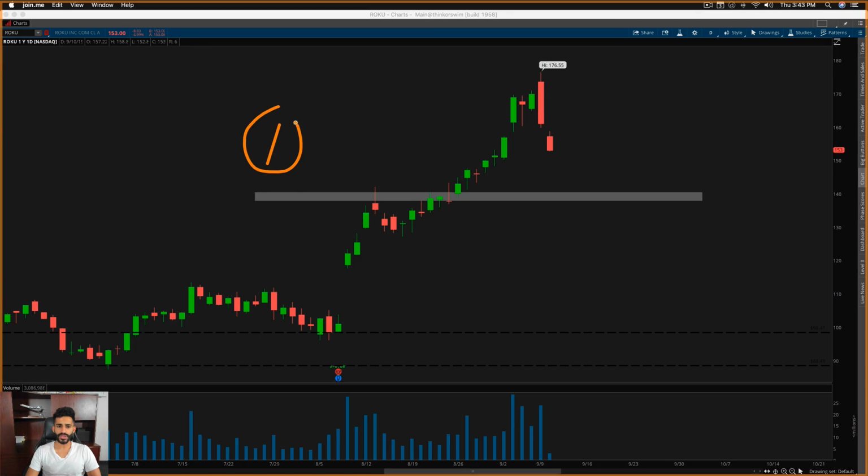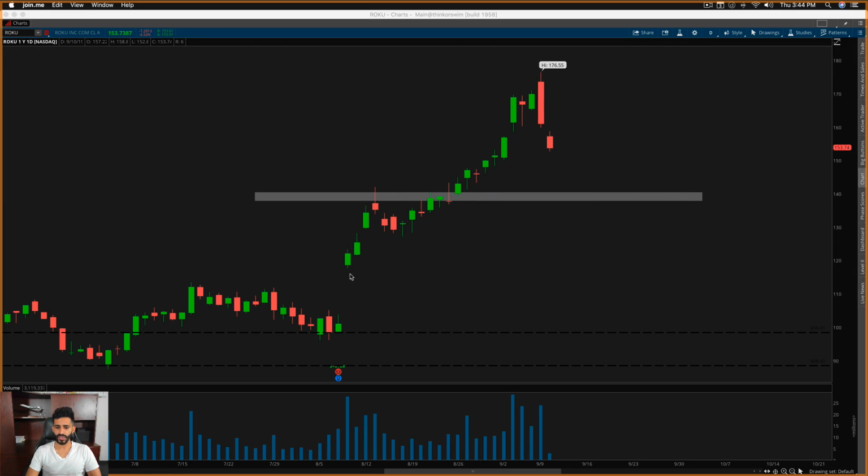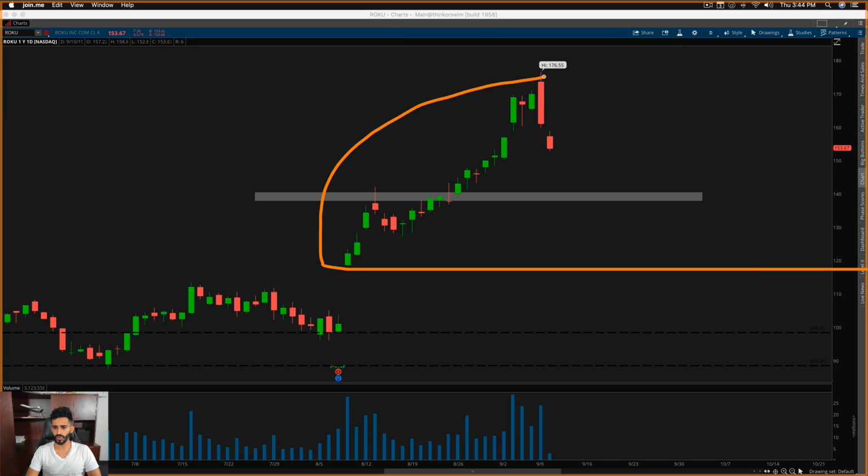Number one, we think that this stock has been on a strong uptrend because of earnings, because of massive growth. That is good catalyst, good sentiment. Everything surrounding this stock is surrounded by good news. Now, recently, you guys can see the stock runs from about $119 all the way to $176. Once it got to $176, yesterday it took a huge hit down on high volume. Now today, which is the 10th, so today's September 10th,